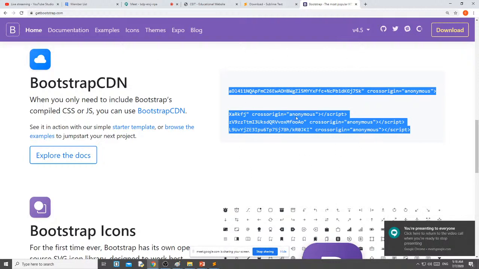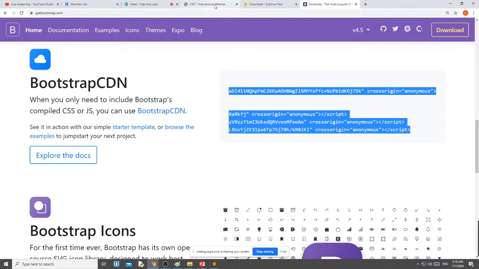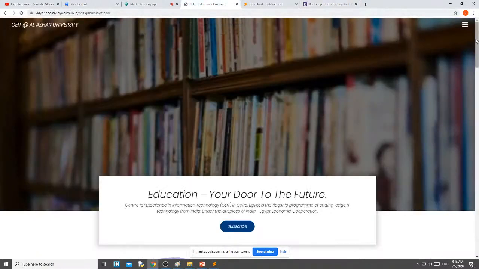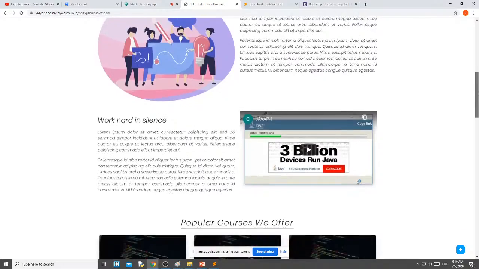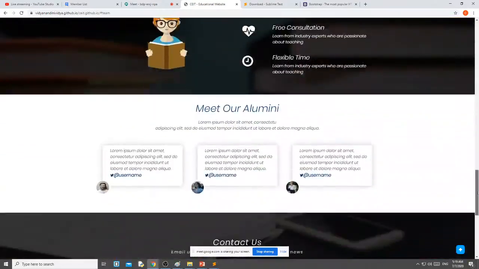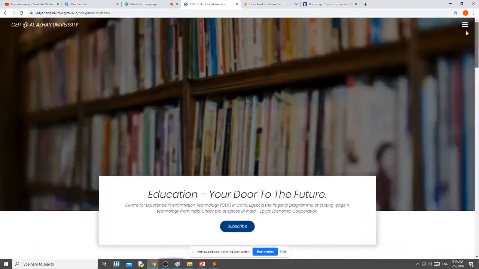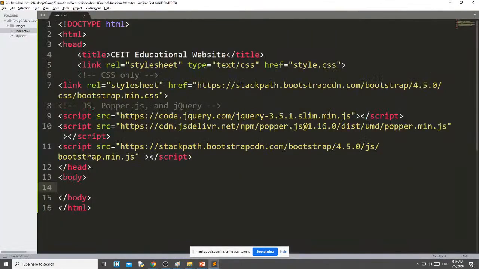You have to include this to use Bootstrap. Then we use sections to divide the website into multiple sections. How can I use it here? See, whenever you are developing a website, you must use comment lines.